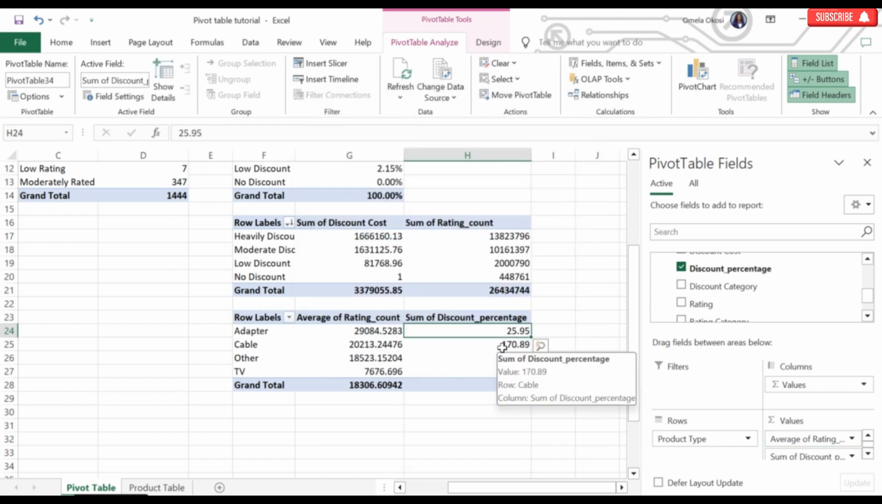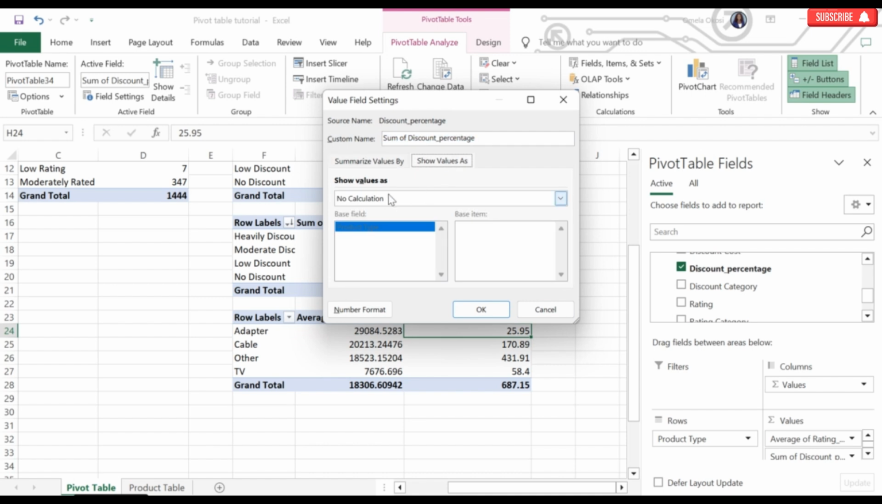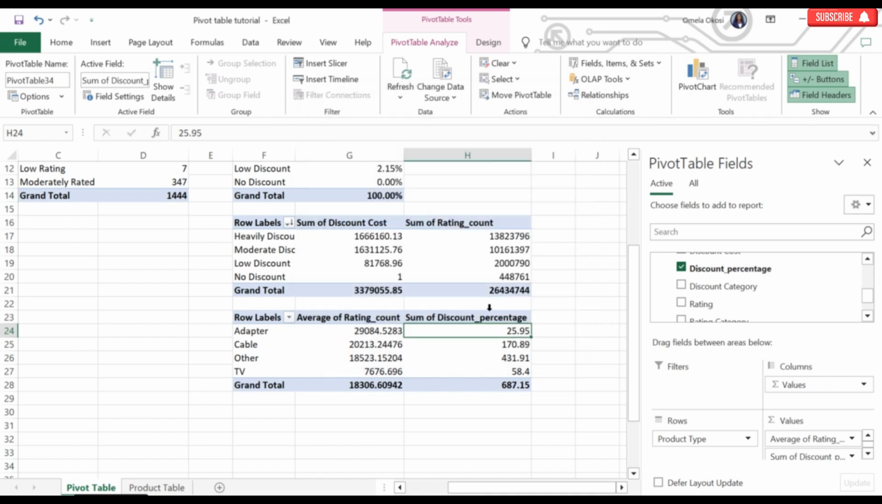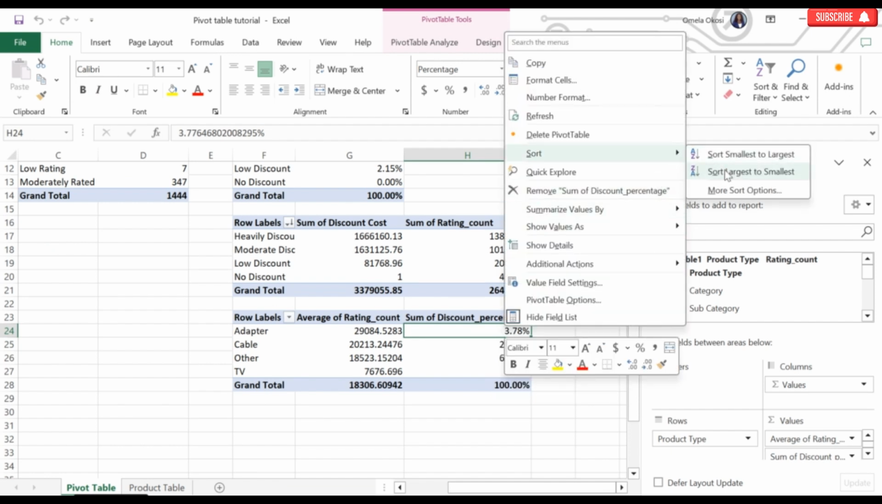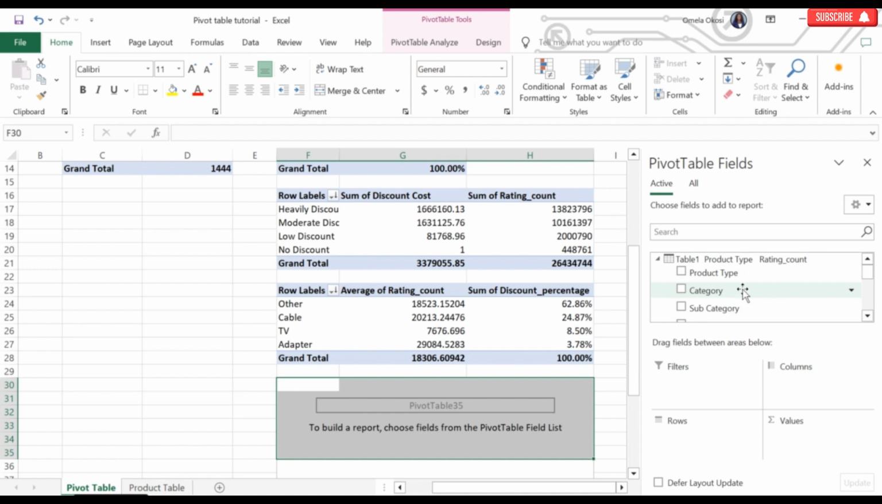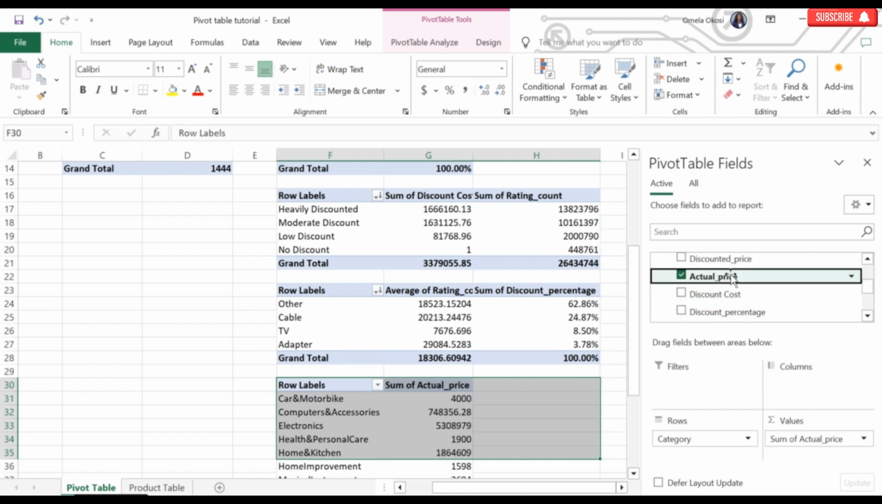The discount percentage needs to show as a percentage value. For that, we'll be clicking the value field setting, show value as percentage grand total, say OK. We can sort by the discount percentage. For this pivot table, we'll be using the category on the row field. We'll be having actual price on the value field, discount price on the value field, discount cost on the value field,